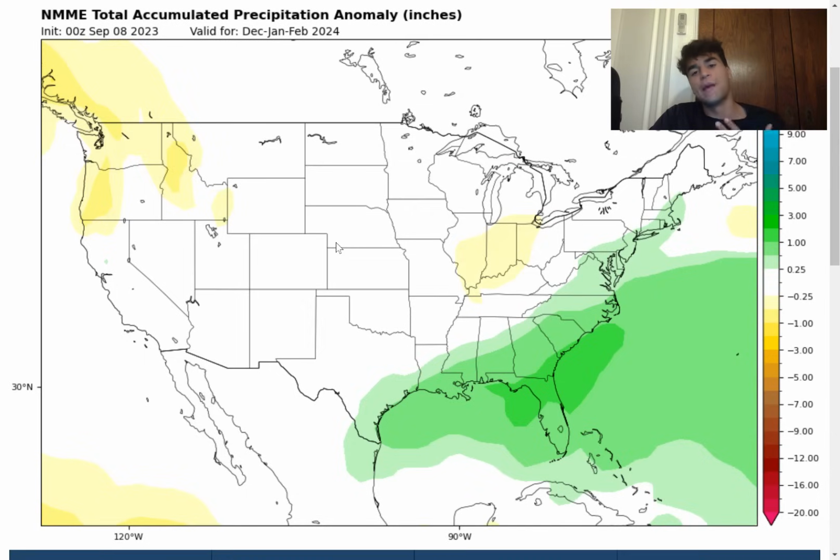Another reason why I'm expecting more snowfall accumulation than normal right up along the eastern half of the United States is due to the fact that the NMME model is bringing more precipitation than usual right over this area. And even if there might be some instances where the temperature might be too warm when a storm system moves through, the fact that there's overall going to be more rainstorms, or at least overall low pressure systems moving through, automatically increases the possibility that the snowfall accumulation will be higher than normal,